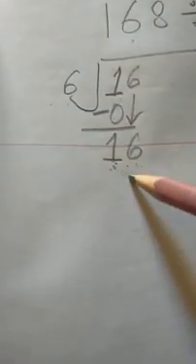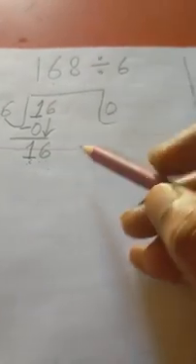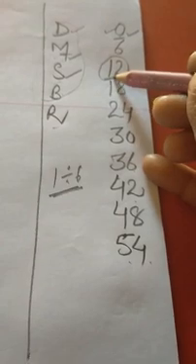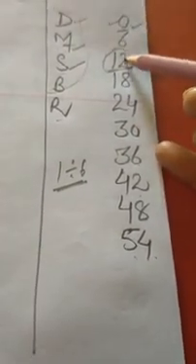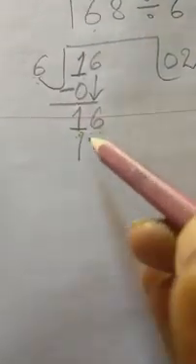First is division, means 16 is to be divided by 6. This is our first step. Now second is multiplication. From the table of 6 we will find out which number can be written under 16 so that it can be subtracted. From 16 we cannot subtract 18, so this number can be written under 16. 6 zeros the 0, 6 ones the 6, 6 twos the 12.